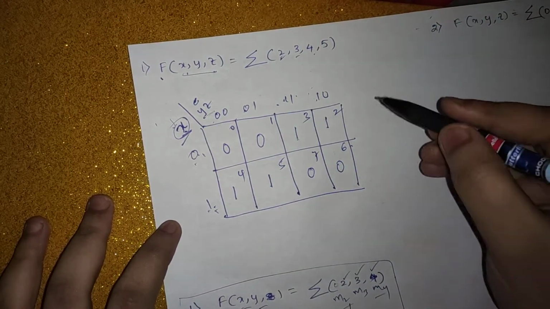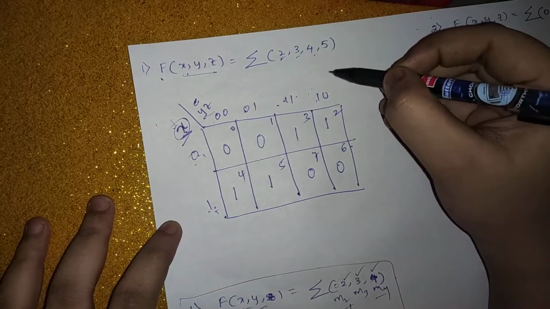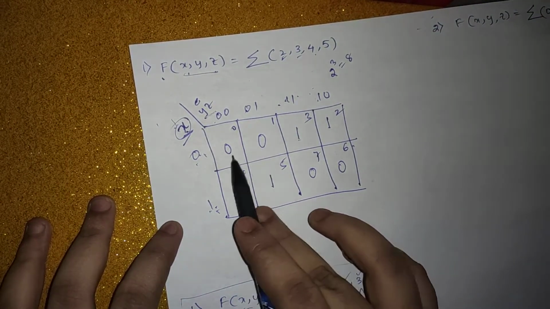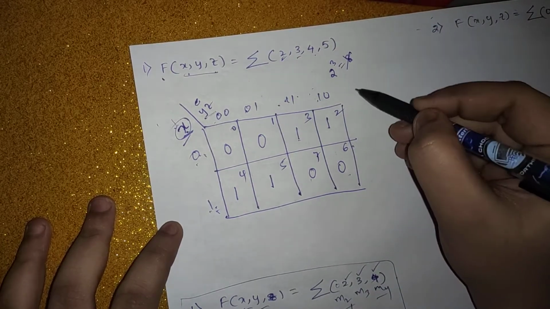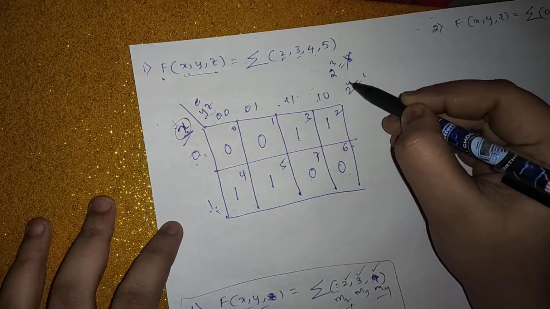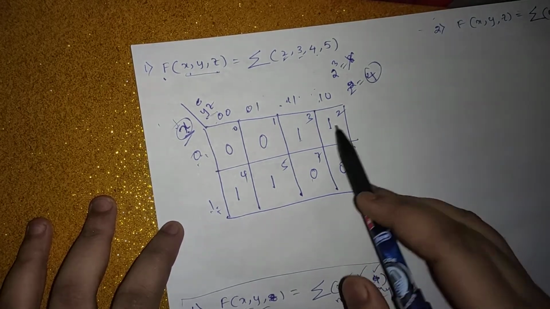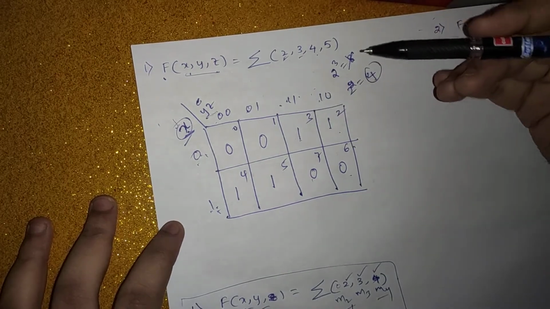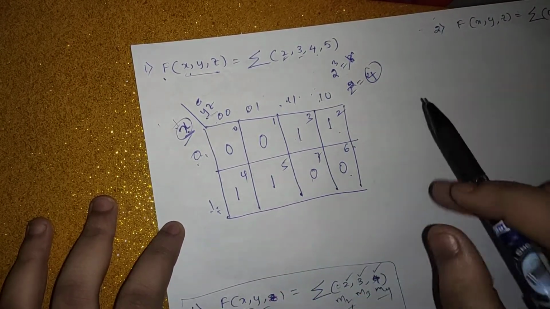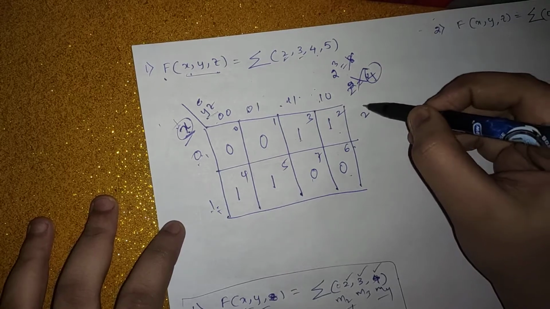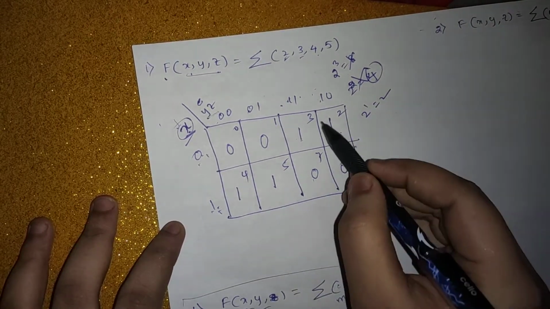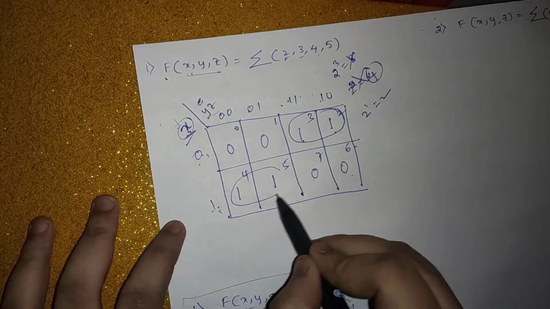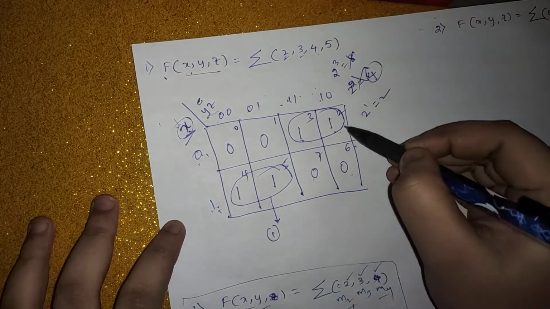Here look for the maximum number of possible ones. 2 power 3, that is 8, is not possible because it has two zeros. Next, 2 power 2, that is 4 ones pairing, is not possible because these two ones are in one corner and these two are in the other corner, they are not adjacent. So 2 power 1, that is pairing of 2, is possible, because these two ones are adjacent and these two ones are adjacent. Let us consider this as one loop and this as the second loop.